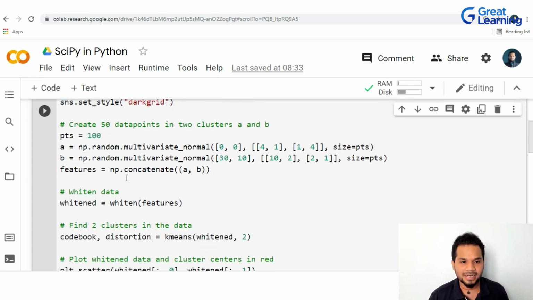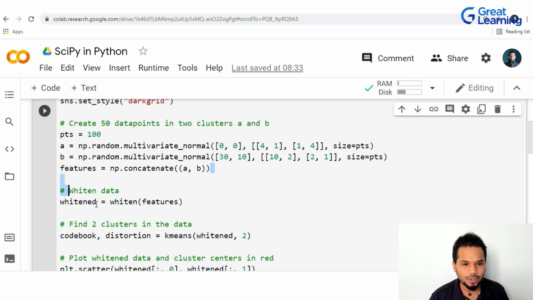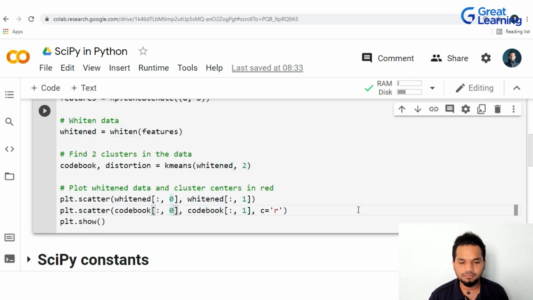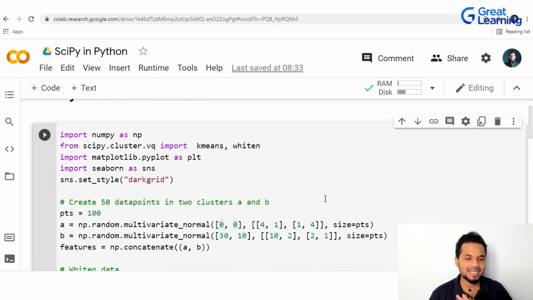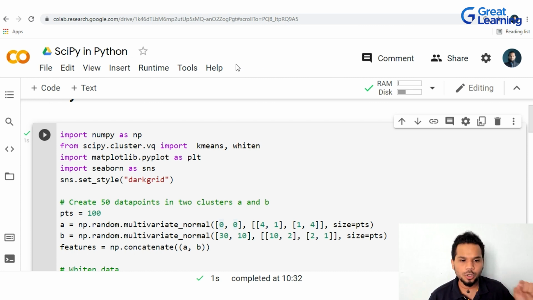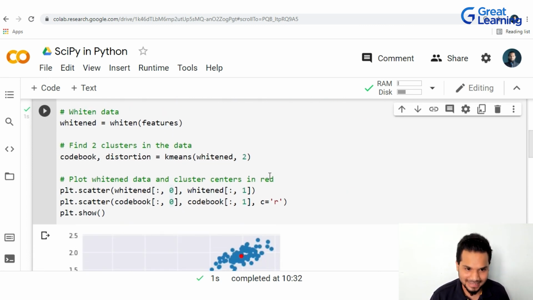Look at the logic. The logic is basically 1, 2, 3, 4, 5 lines. When you think about the entire thing, less than 10 lines is the heart of your logic, where you can create random data, create clusters, run it through k-means, and eventually even provide a data visualization. My goal here is not to walk you through each and every line of code, because I'm sure if you are here looking forward to learning Python, you might know a bit about reading and understanding Python's syntax.